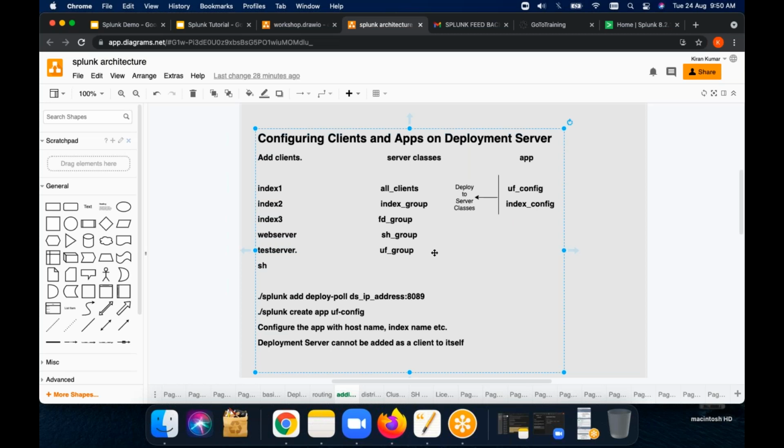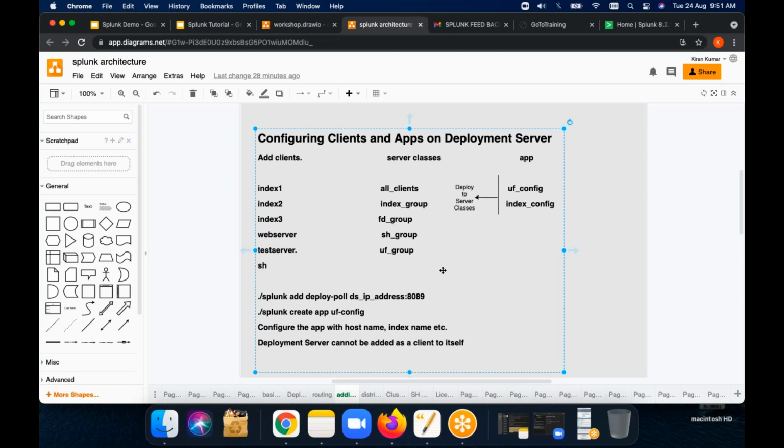So similarly, just as in an organization the HR uses different groups in order to send mails and contents, Splunk uses server classes, because there will be some configurations, some deployments, some apps to be sent to certain groups. In order to provide that facility and maintain that, what does Splunk do? Splunk asks us to create server classes.